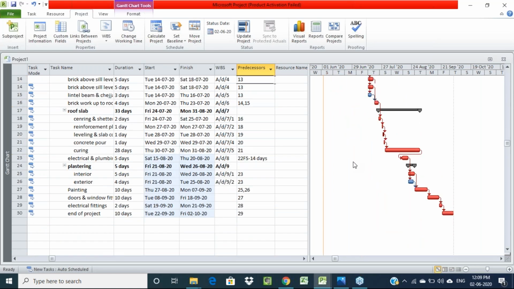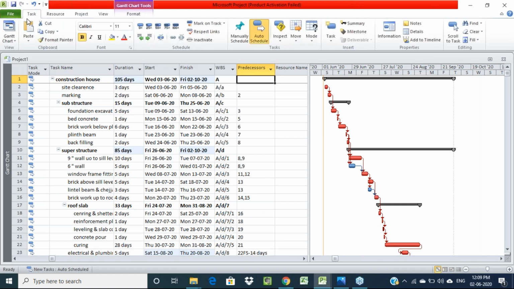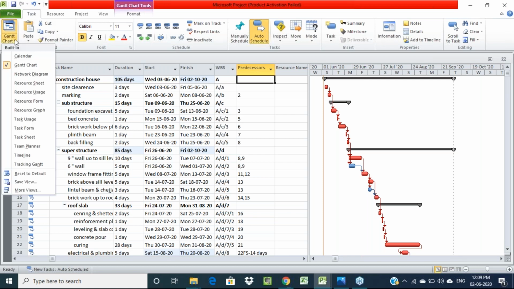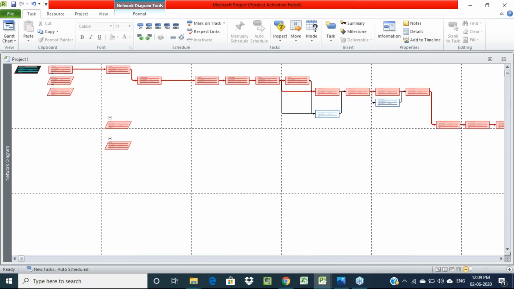So all these activities we can represent here like this. These are all the red colored activities, which represent the critical activities, right? Similarly, we can show a network diagram also. You just click on the task option, go to the down arrow mark, and here you can see the network diagram option. If you click on that, you will get a network diagram for whatever project we have created. See here, along with the linking, we have got one complete network diagram for our project, right? Like this we can show other network diagrams also.